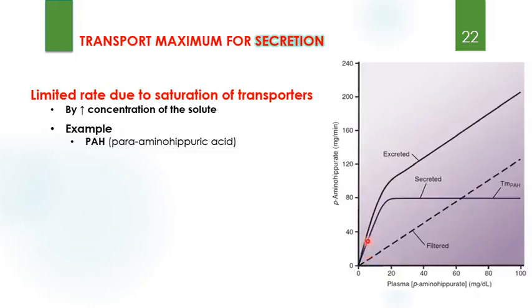But again, it can be saturated. For example, when the concentration of PAH reaches 20 milligrams per deciliter, the PAH transporter will be saturated, and from that concentration beyond, the excretion rate will increase in a rectilinear manner as the filtered load increases, because the secretion has saturated and just the amount that is filtered will be added to the amount that is secreted,